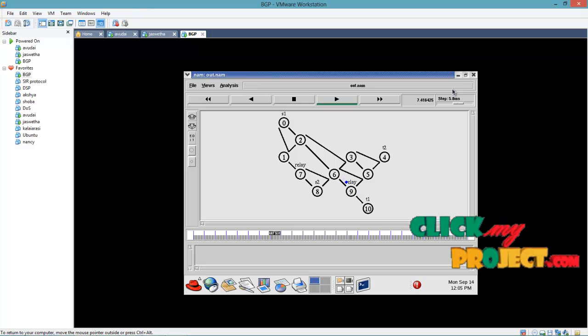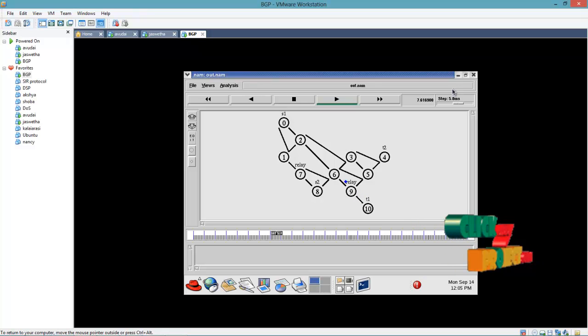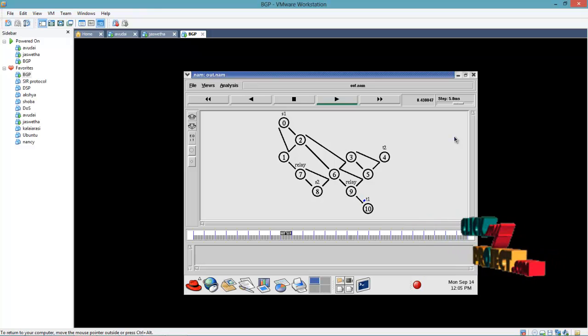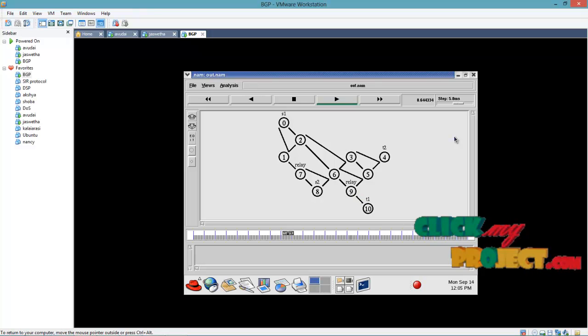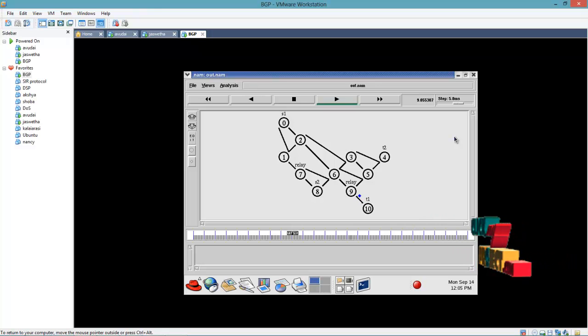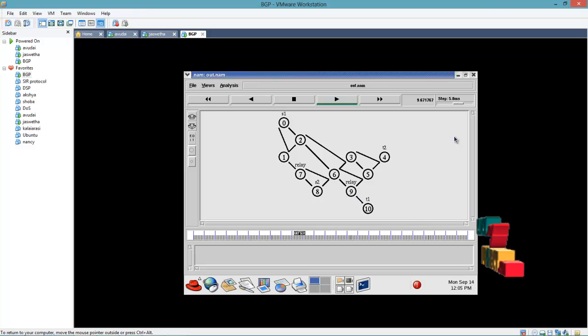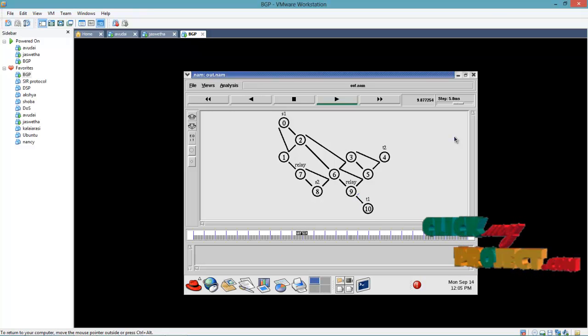If you run the TCL script, it will automatically generate the out.tr and out.nam files in the backend, where we stored the TCL script. In the out.tr file we can identify the simulation time, how many packets we sent and how many packets we received. It will be used in the process, and this is called peer-to-peer communication.